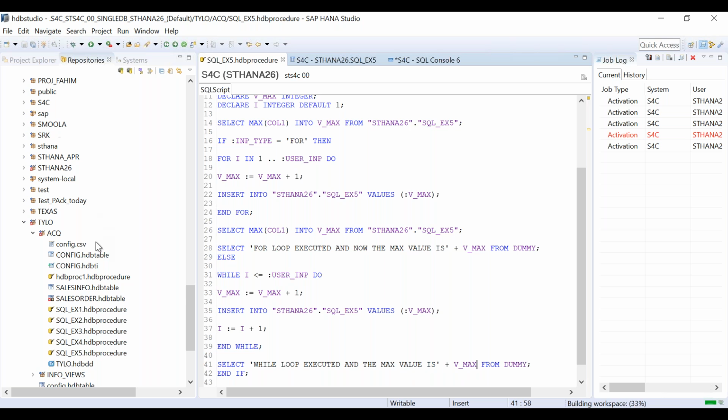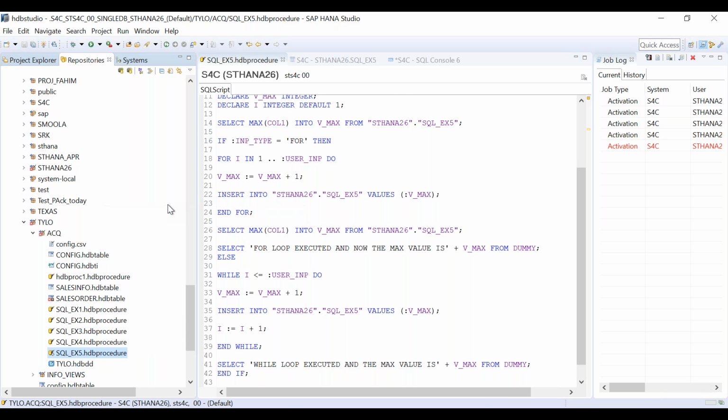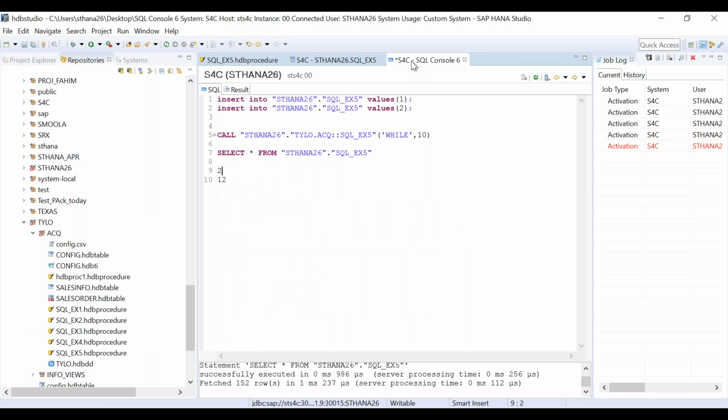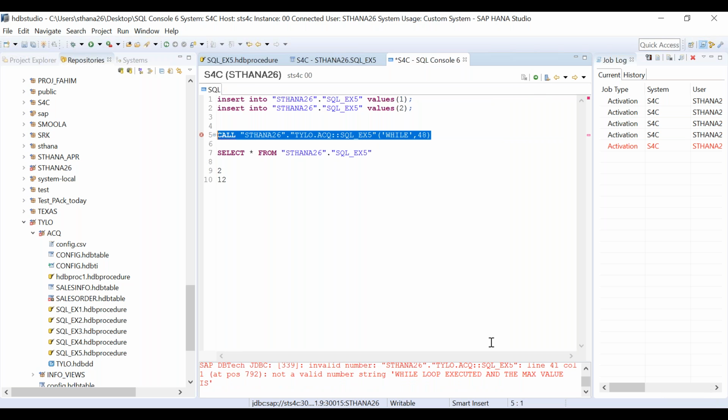Let's see what the value is now. Activate, done. Go to the HANA console. Now you see, I will write the example. What is the current value? 152, right? So let's insert 48. So when I execute this, what should be the message? Let's see. Oh, what is the issue?